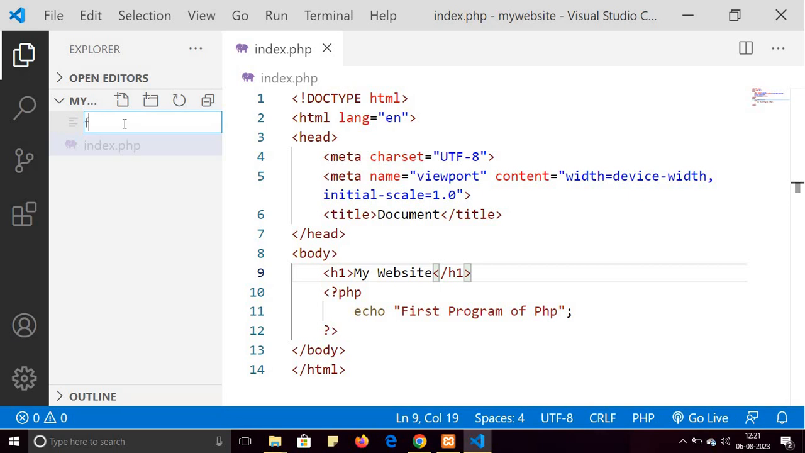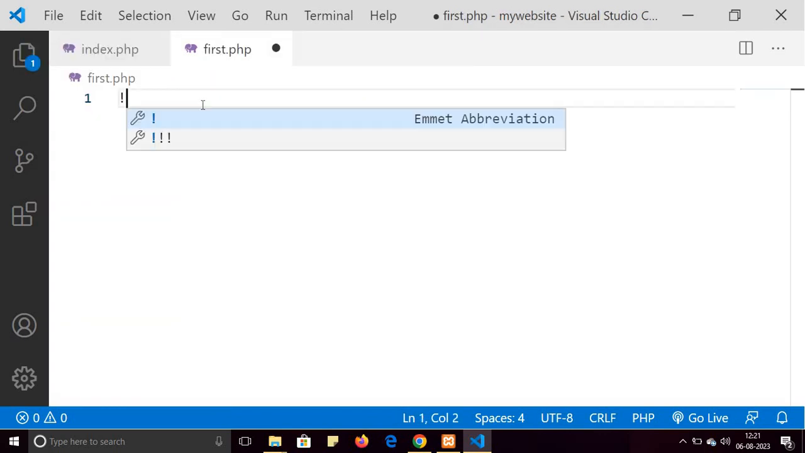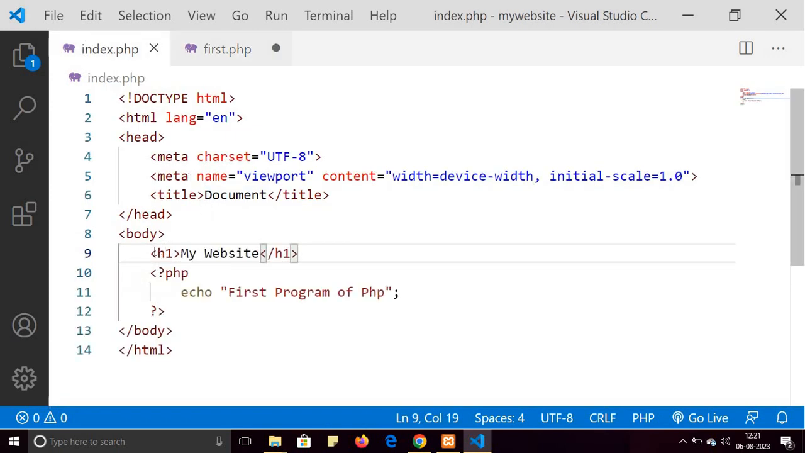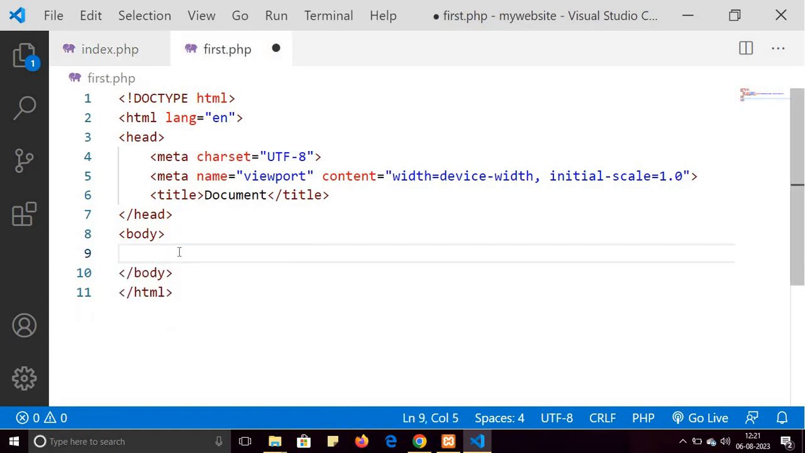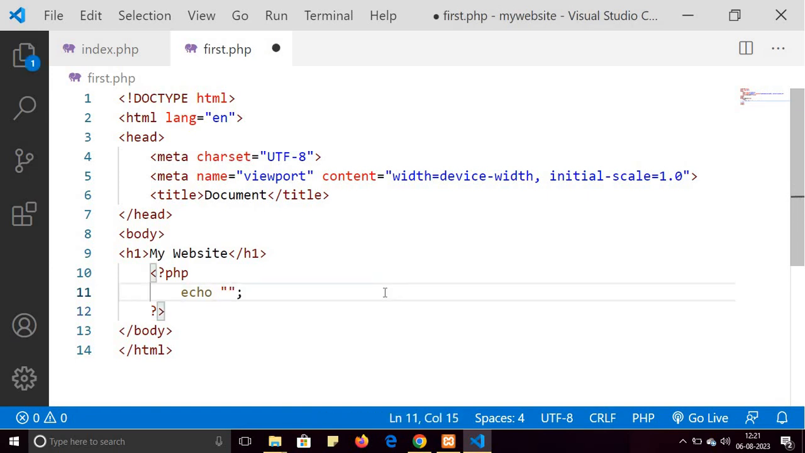For example, let's say the file name is first.php, and create a boilerplate, hit enter, and here I will copy this code and paste it here, save it, and here I will write, let's say PHP practice, save it,